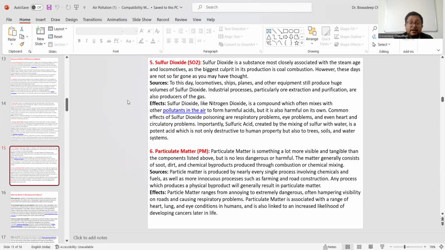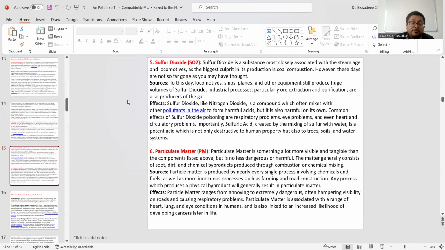Next, sulfur dioxide. It has a similar type of source, just like NO2, nitrogen dioxide. So, sulfur dioxide, SO2, is also an equally dangerous gas for us to inhale. And all the factories are also producing this one. So it is very much similar to NO2, right? Next,